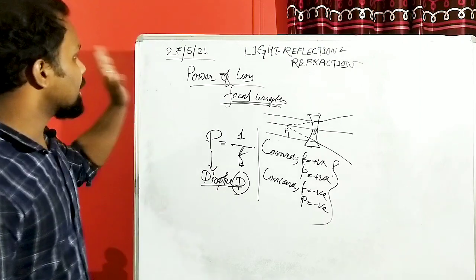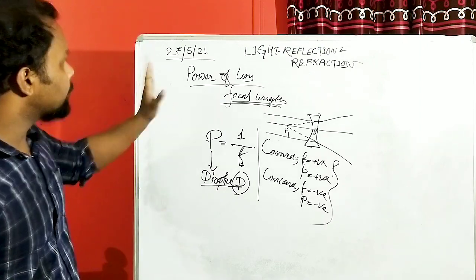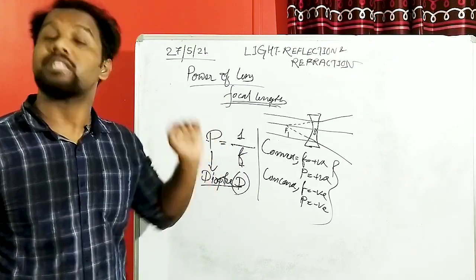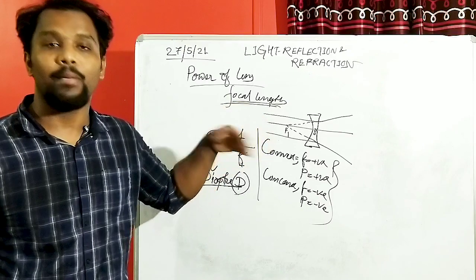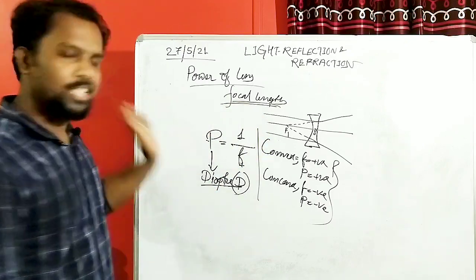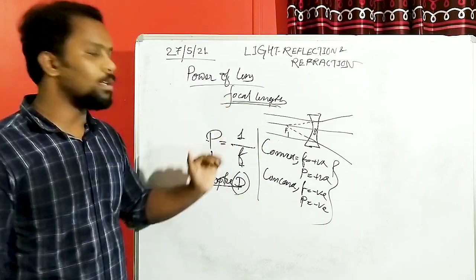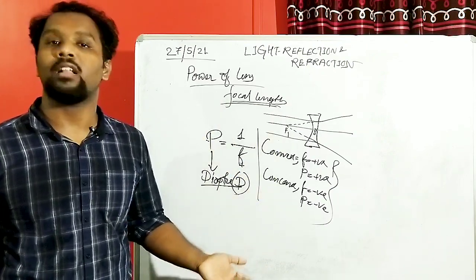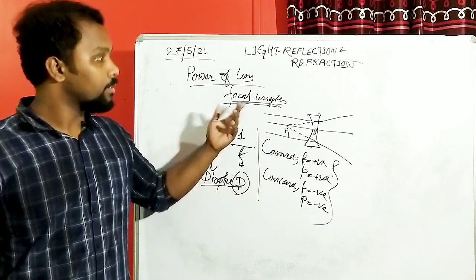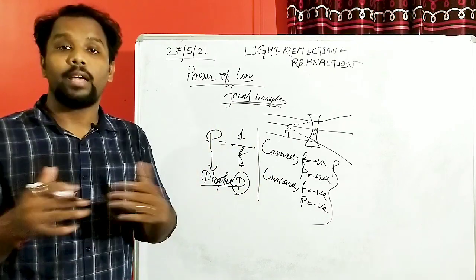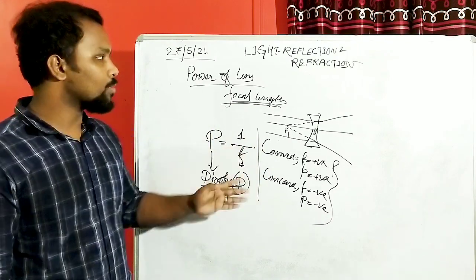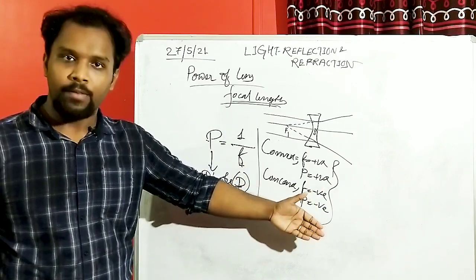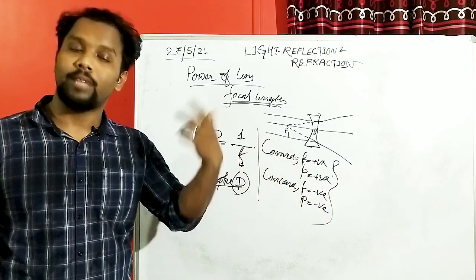So this is the main concept about refraction, lenses, refractive index, powers, lens formula, magnification formula. All are discussed today. So theoretically, this lesson is completely over. In the next video, we'll start a new lesson, Human Eye and the Colourful World, which again has a relation with lenses. From here the next lesson will start: how we are going to use those lenses in our day-to-day life.